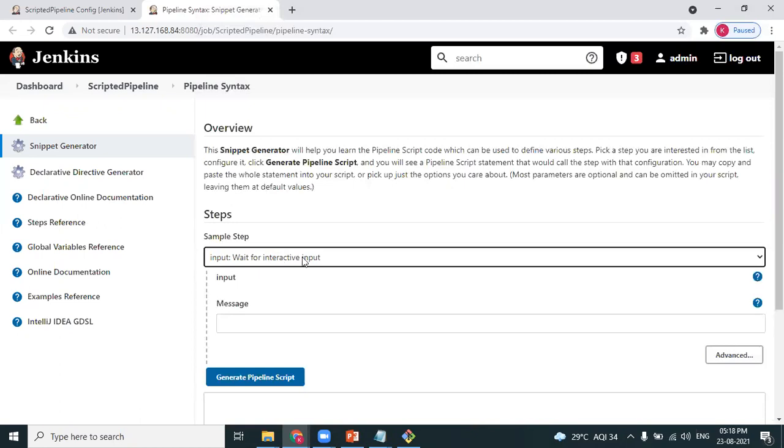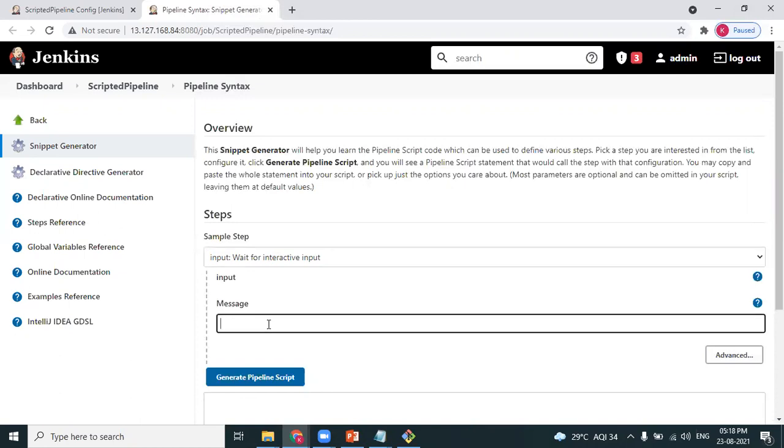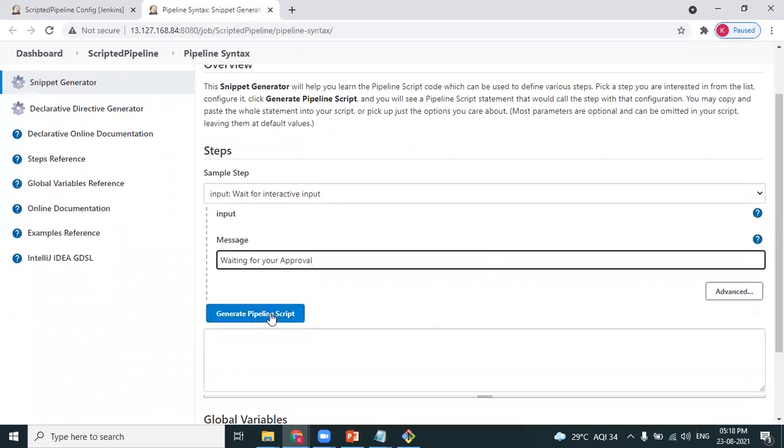Input, wait for the interactive input. Okay, that is the option. And then approval, waiting for the approval is the message. I have mentioned it here.